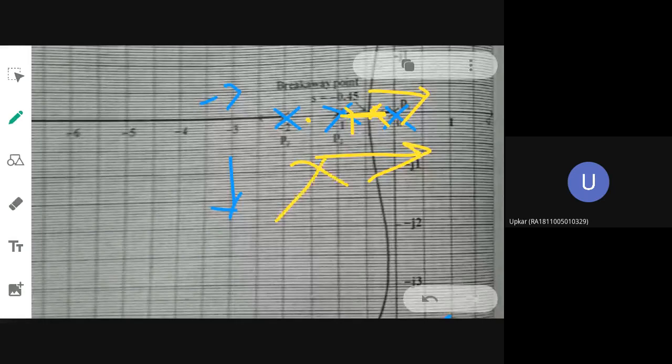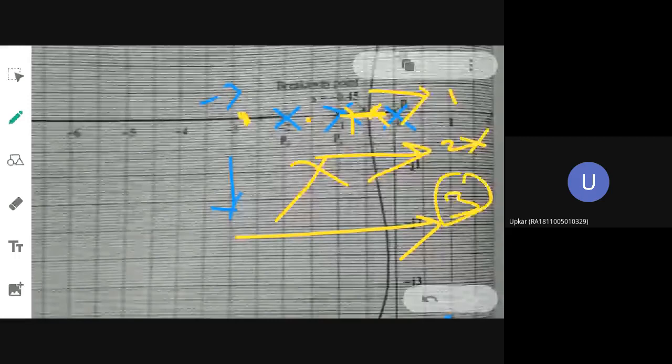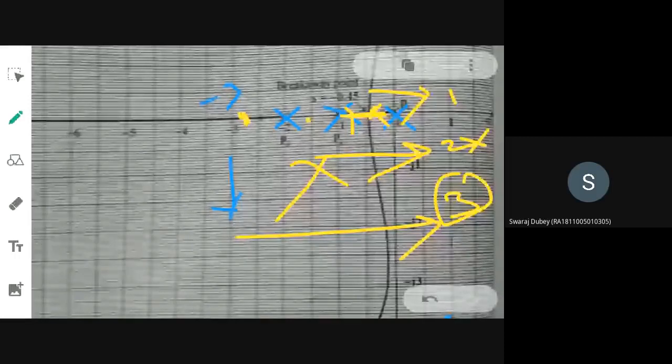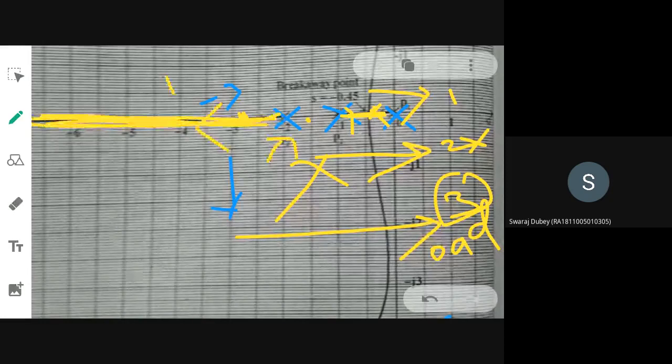Again you fix a trial point here. Count the number of poles. So how many are you having? Here 1, here 2, so 3. So that is odd or even? Odd. So will you bolden it up or not? This branch is starting from this pole. This is branch number 1 and it is terminating at an infinite zero. Okay, this is branch number 1 that you have found out.